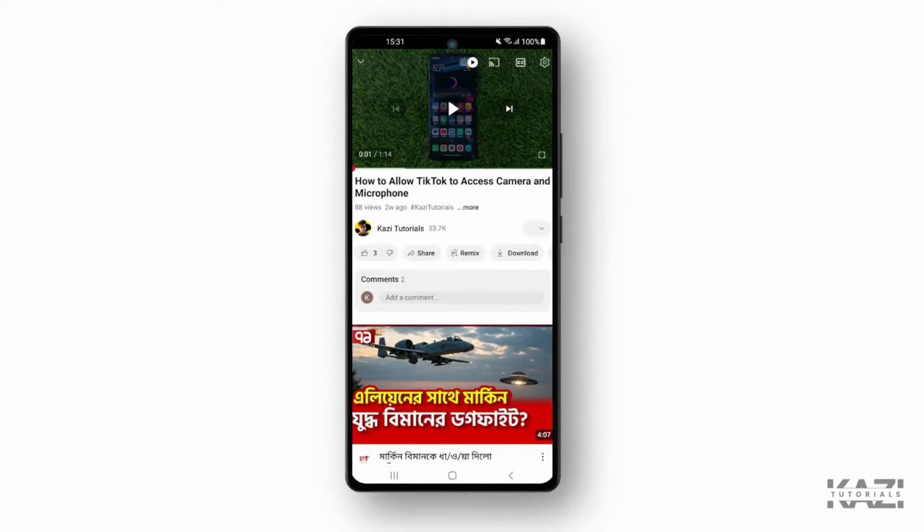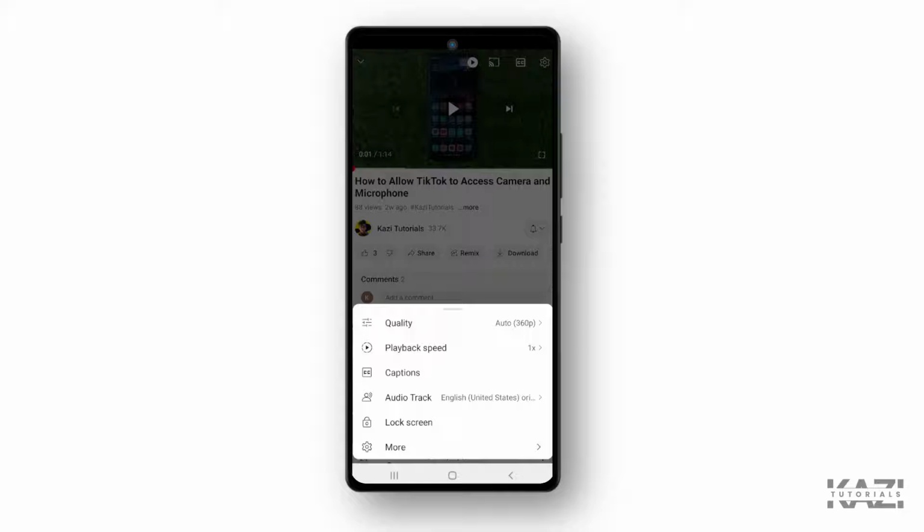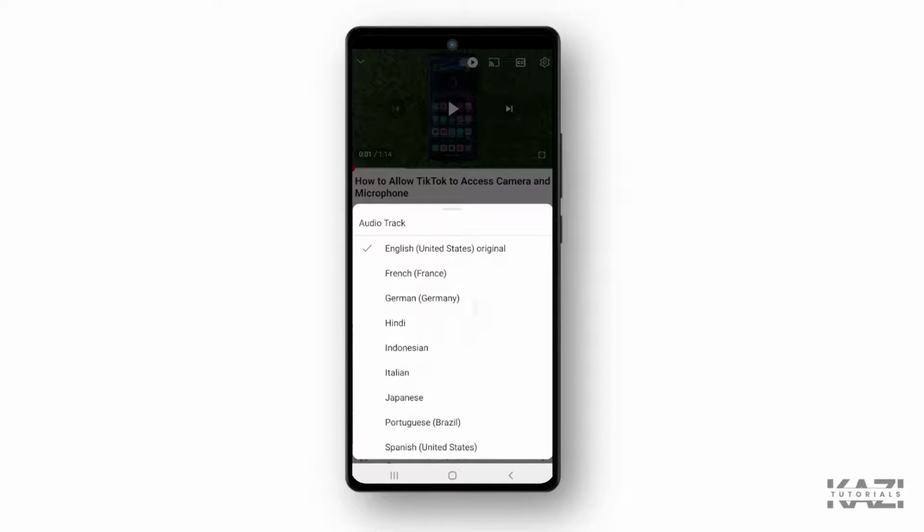And then from here, you need to tap on the settings on the top right side corner. So you will find the audio track. If this is not available, this means the owner of the video turned off the auto dubbing. Alright, but if you're seeing this, you can simply tap on that and change the language of